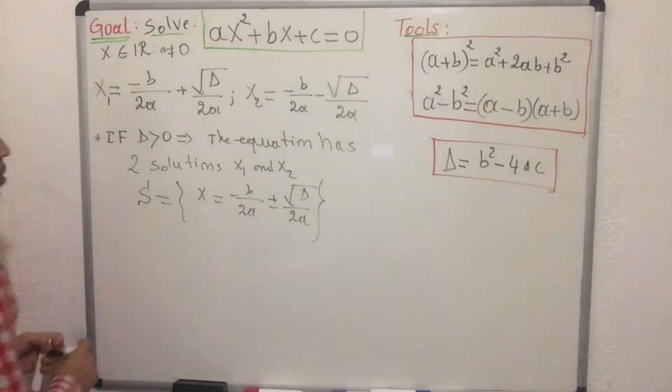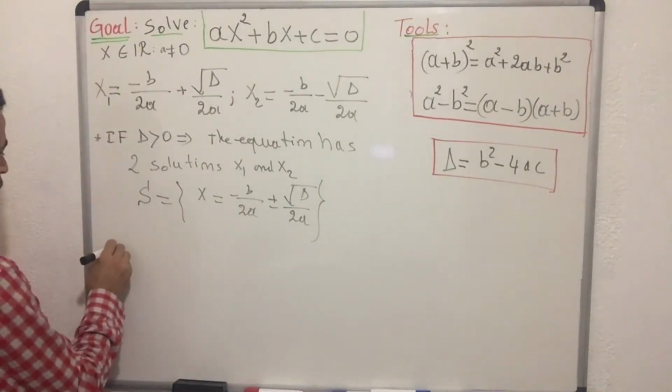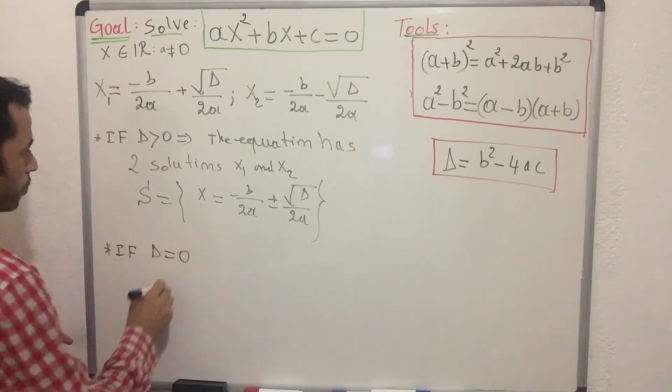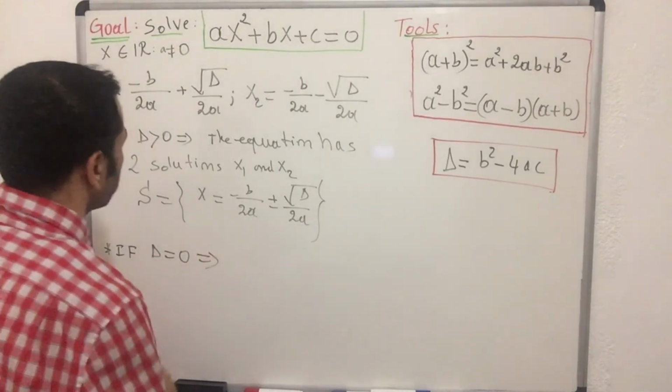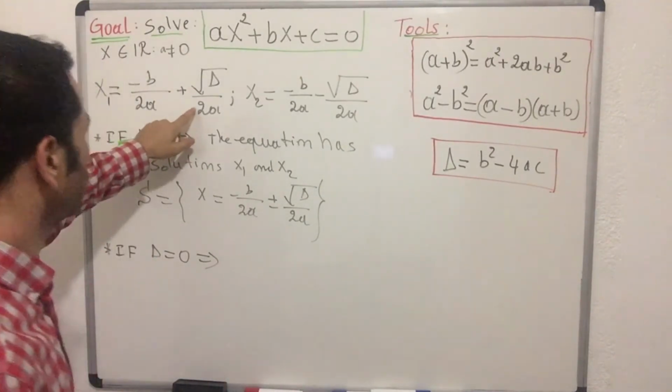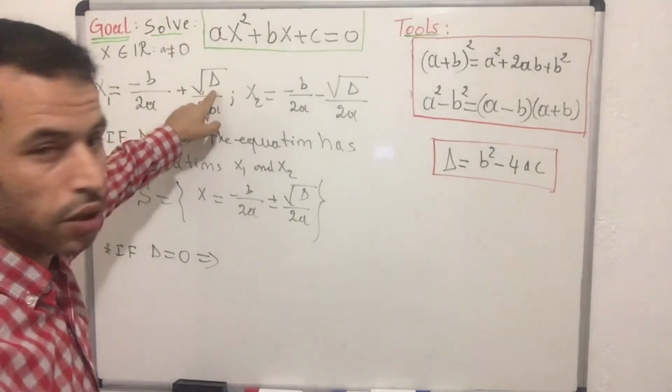Let's move on to the second case. If delta equals 0, my equation has only one solution, because if you give delta 0,